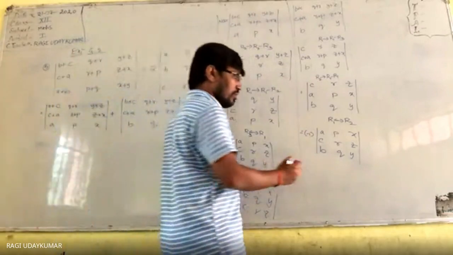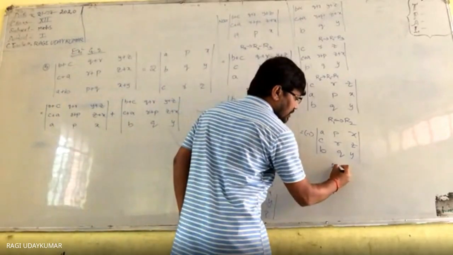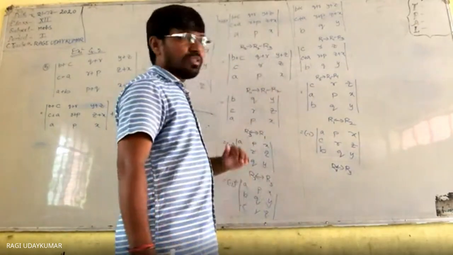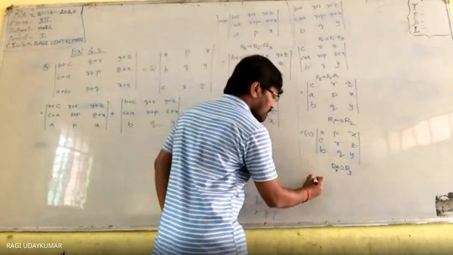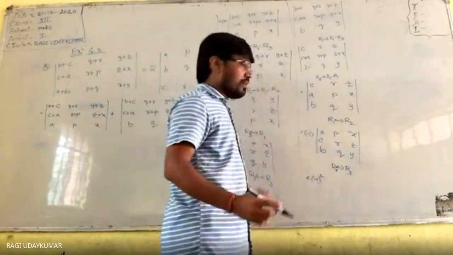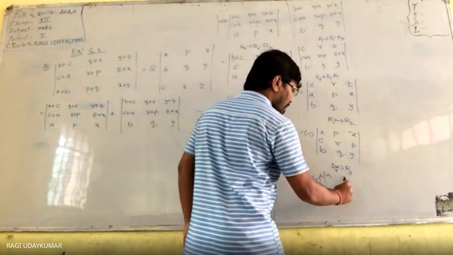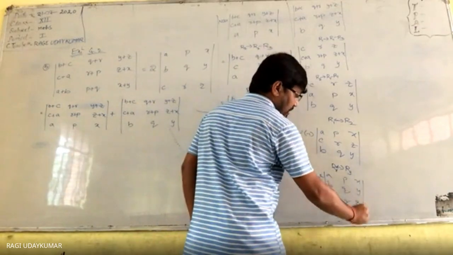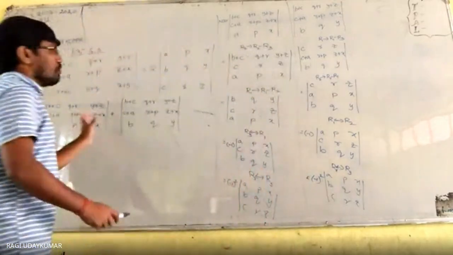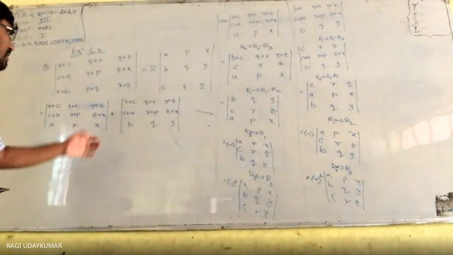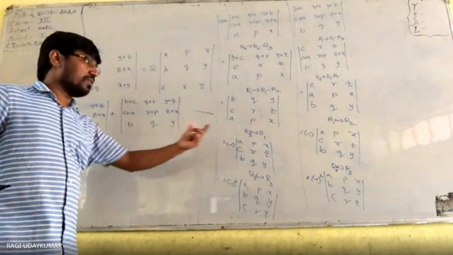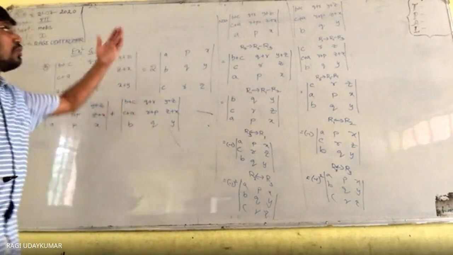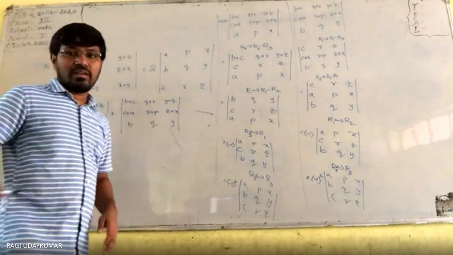Next again what to do? The second row and third row you have to interchange. So now the third row will become the second row, and the second will become the third, and minus 1 again multiplies, minus 1 square. Then you are going to get the same A P X, B Q Y, C R Z. So now this matrix is equal to A P X, B Q Y, C R Z. This matrix determinant is equal to A P X, B Q Y, C R Z. So the sum of both will be equal to 2 times. So we have proved that one.